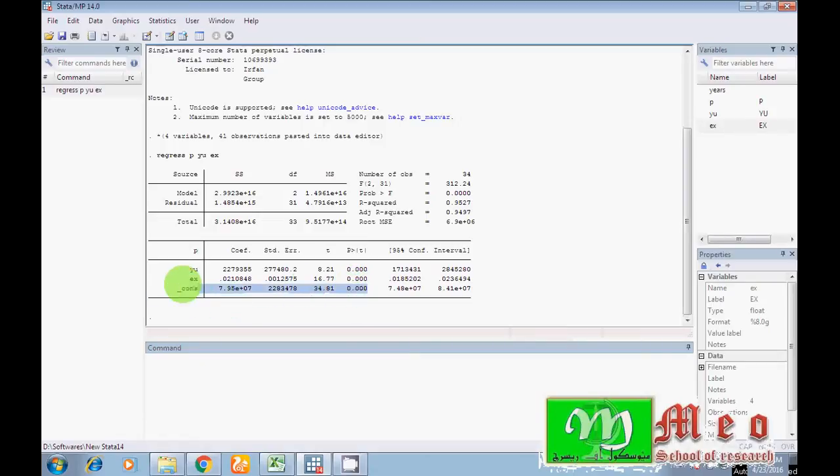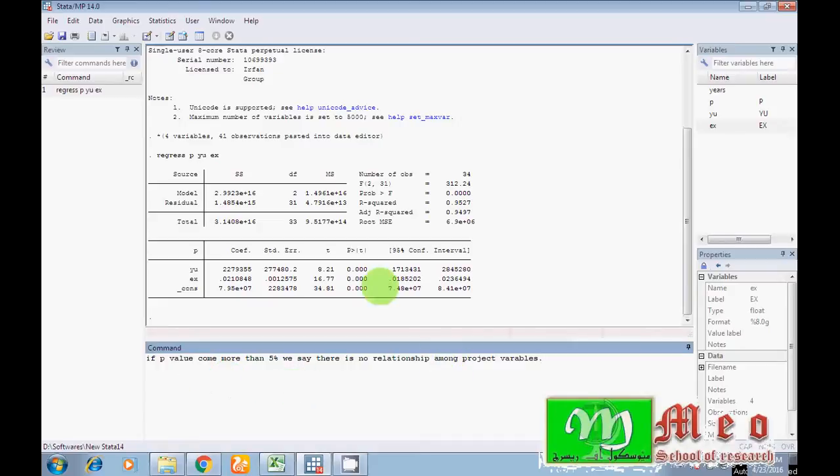The last p value is for the constant, and the other two p values are for my explanatory variables, yu and ex. How can I conclude? If the p value comes out more than 5%, we say there is no relationship among the variables.